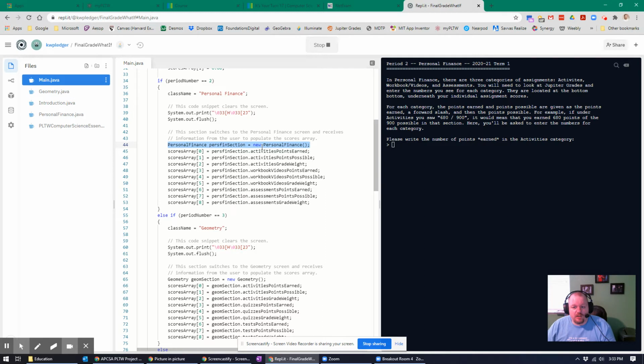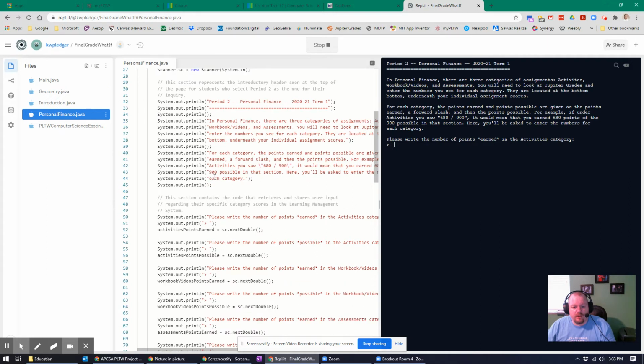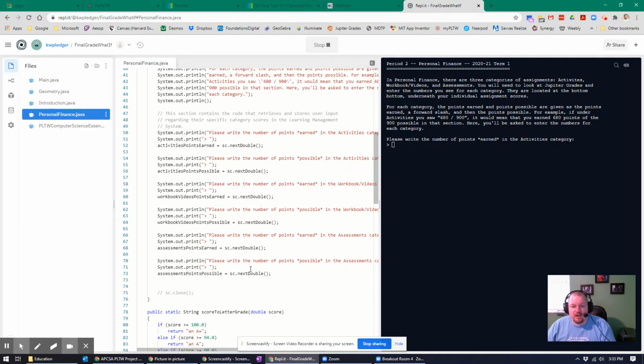So if you pick 2, which I did over here, then I need to go over here to see what it's doing. Here's all of the stuff that it printed out, and it's going to ask me for numbers. Now, I did not put any data sanitizing here, so that's a vulnerability. I didn't check to make sure that it's a double. If this were an actual program that I would publish, I would want to do that. But